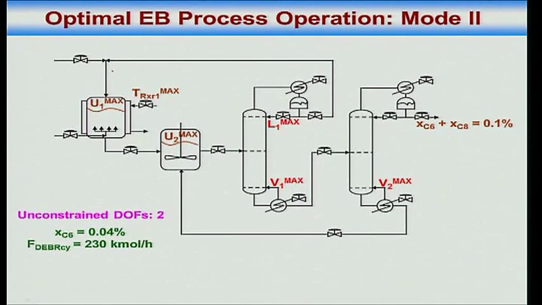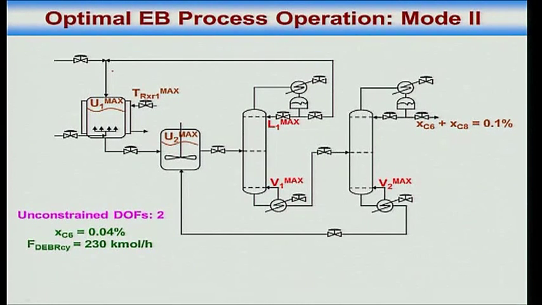It turns out that now you have XC6, the impurity of benzene in the product, going down to 0.04%. Why is that? Well, that's got to do with, I don't know, it's hard to explain. But once you look at the control system, it will become clear why that happened. If I don't explain it, remind me, I'll explain it once we go through the control system.